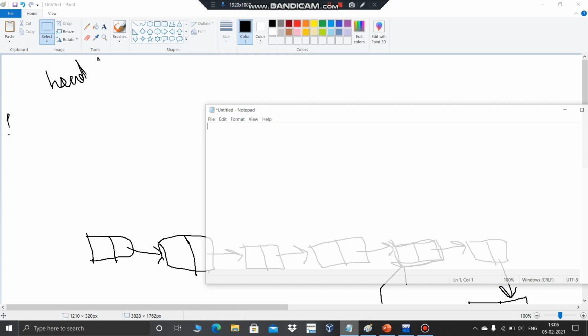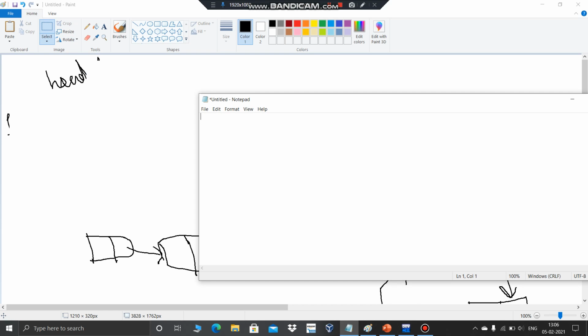Before going to the approach, there are two things you need to keep in mind before solving any linked list problem. Think: can it be solved by the slow-fast approach, which we will be discussing now?